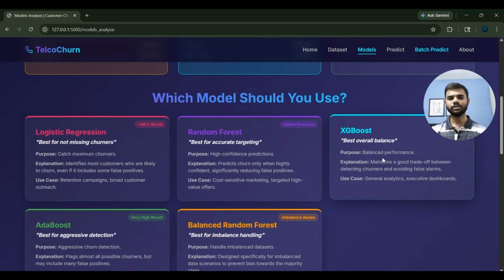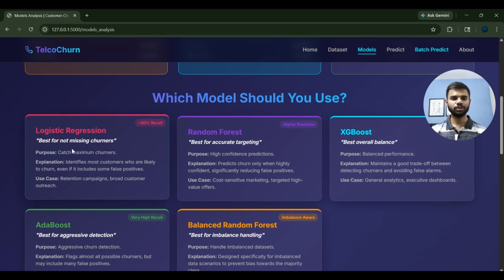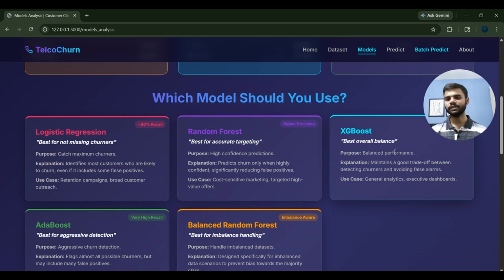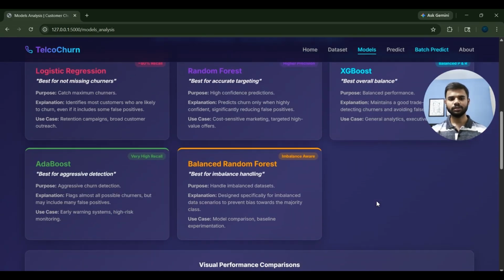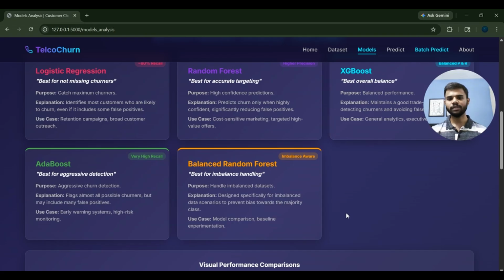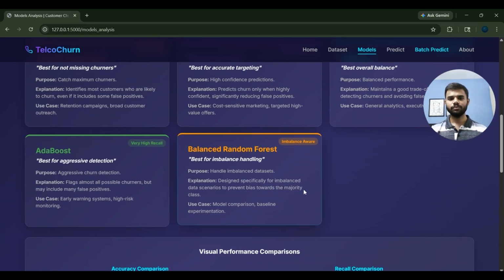And here I have tried to answer your main question, which model we should use. First is the logistic regression model, which is best for not missing any churner. The next is random forest, which is best for accurate targeting. After that comes XGBoost, which is simply the best overall model, with balanced performance. The next is AdaBoost, which is best for aggressive detection. And finally comes the most imbalance-aware model, balanced random forest, and this model is best for